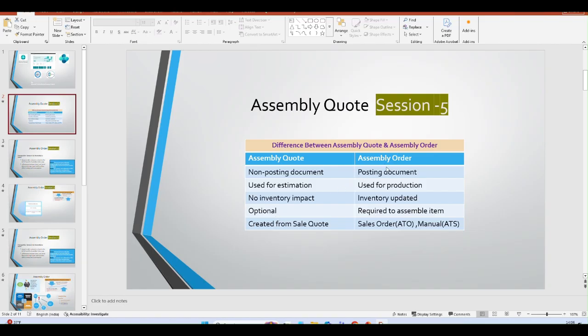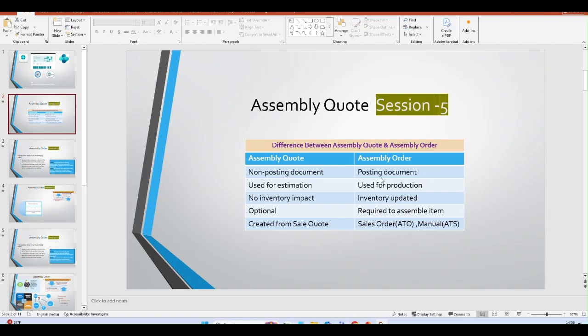In terms of the assembly order, you can always post the document. It is used for production, meaning we are producing something as assembly goods. Inventory is updated after posting the assembly order. The inventory impact comes from the consumption of assembly component items as well as the output of the assembly order. It is required for the assembly item.